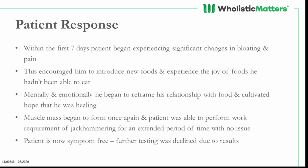He also reported to me that muscle mass was forming once again. Even within that first 30 days, he'd had an experience where he'd been required to use a jackhammer, an experience I have not ever had, but he was excited to report that he was able to do his job. That was a point of pride for him, and I think that should be acknowledged in this conversation. He was able to do the job fully. He held that jackhammer for 45 minutes and was able to show his colleagues around him that he was strong